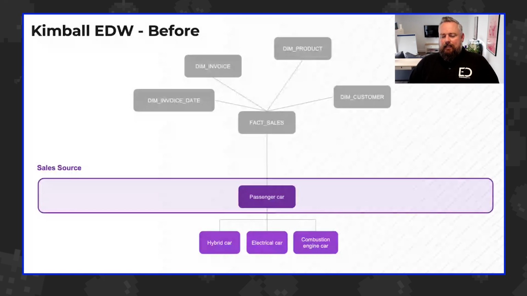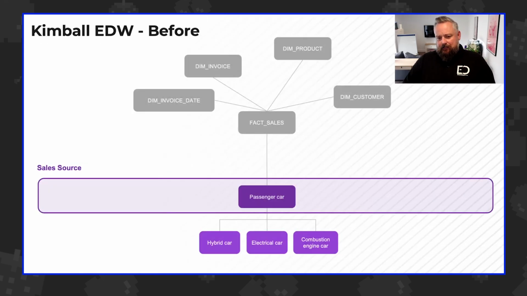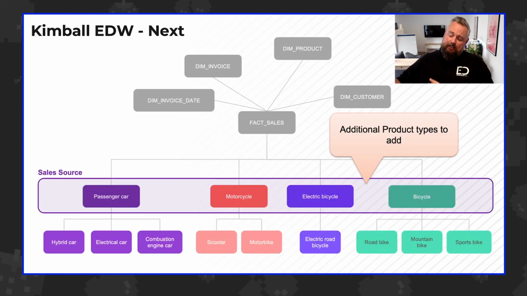Now, let's just say that this data model's been up for 6 months. Everyone's using it very successfully. They're finding out lots of insights. But now the business has changed. The business has grown to the point where they could buy an additional business, and that additional business has motorcycles, electric bikes and bicycles as part of their product range that our business didn't have yesterday. So overnight, we have these additional products that we need to bring in and somehow add to